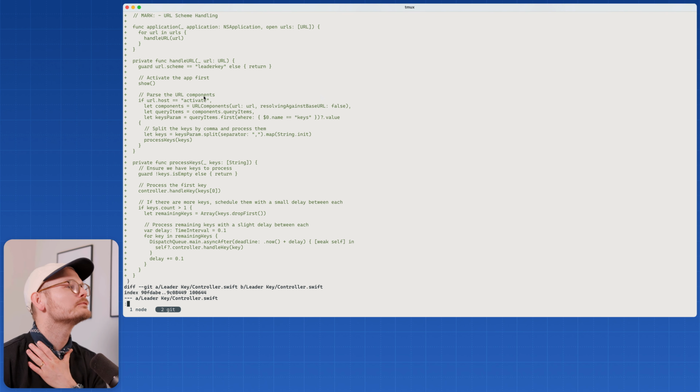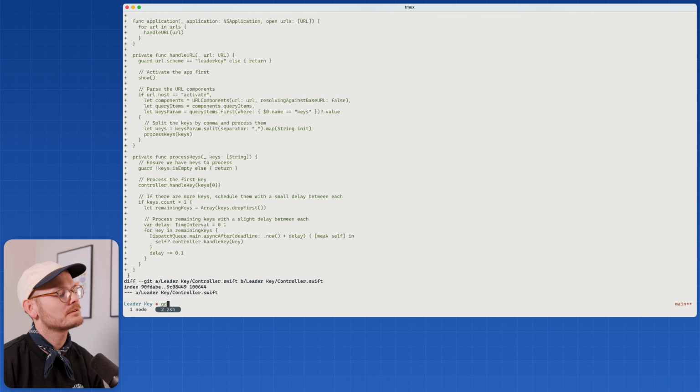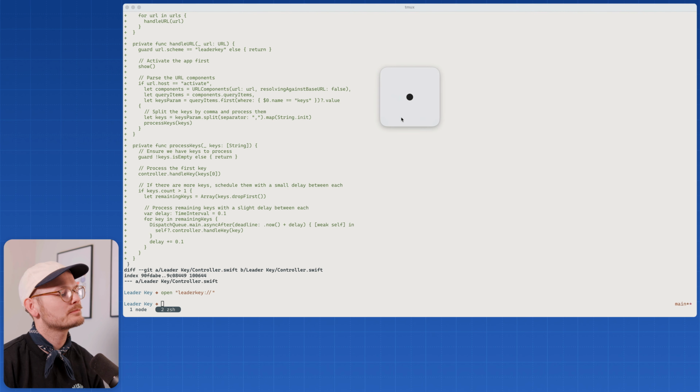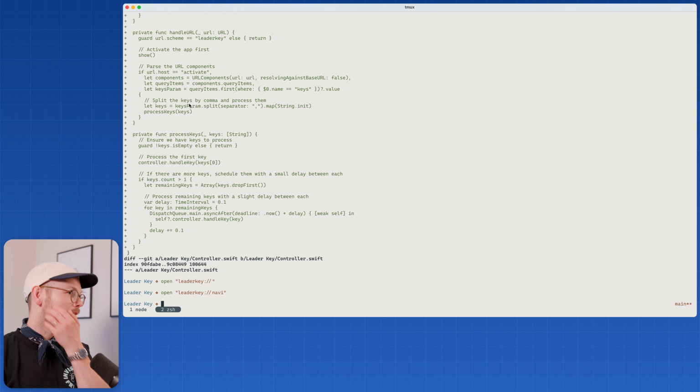All right. So maybe we call it navigate instead, because if we just call it without anything, just the protocol, it's going to activate. It's like up to this point, and I mean that's enough, right? That's a function as well. So we want to call it navigate instead. And then if it's navigate,